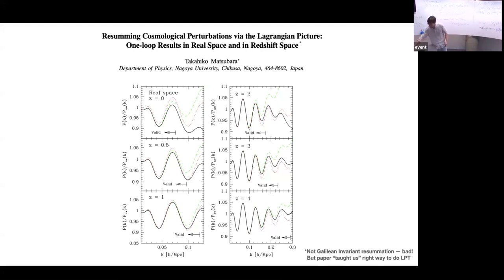This looks also pretty much like the Matsubara resummation schemes, right? Yes, very similar. Also not Galilean invariant. Is it basically the same kind of thing? It's a good question. I think yes, but what they try to do in their scheme is write the SPT kernels and identify within the F kernels all of the internal legs that you can close off to have things that look like the linear power spectrum resummed, and then do that. But you get basically a very similar answer.